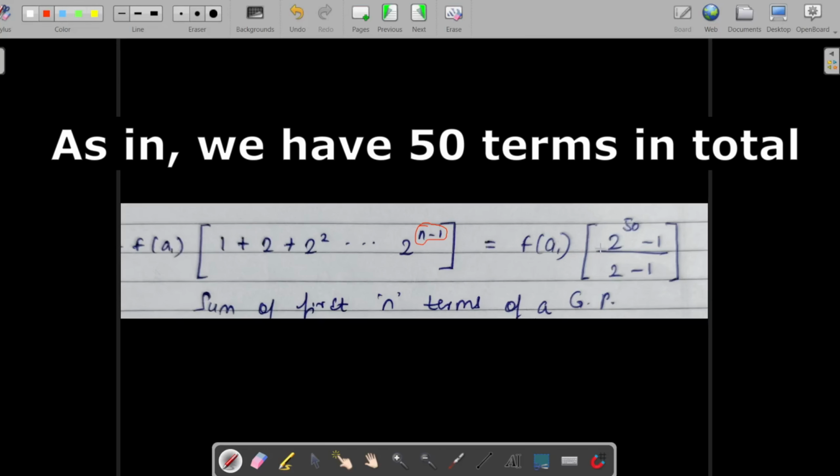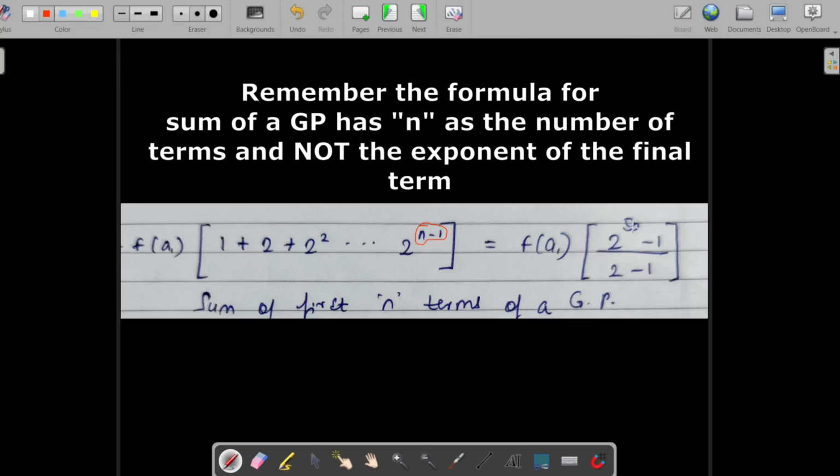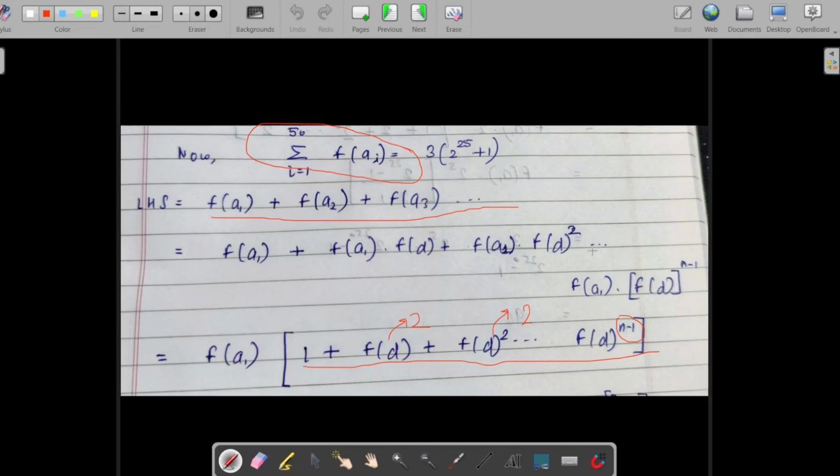Because n is 50, so sum of GP, you have this formula again. Just keep in mind the power which we have to use. It is not 49. It is 50. Sum of first n terms of a GP. Now again, this value was